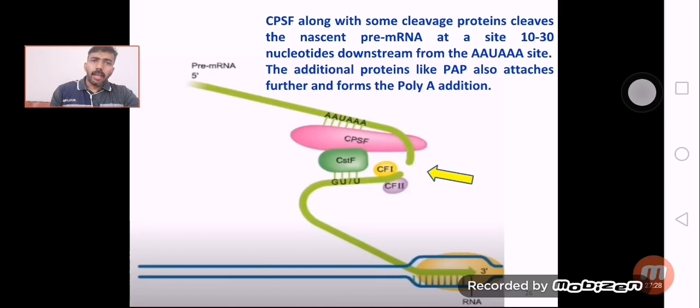these CPSF, and also there are certain cleavage factors, like CF1 and CF2, they are actually cleaving the RNA molecule. The cleavage proteins cleave the nascent pre-mRNA at a site usually 10 to 30 nucleotides downstream from the AAUAAA site, right? So remember that the cleavage site usually occurs around 30 nucleotides downstream of the AAUAAA sequence, right? And once it is done, additional proteins like poly-A polymerase will also come to this complex for the polyadenylation process,